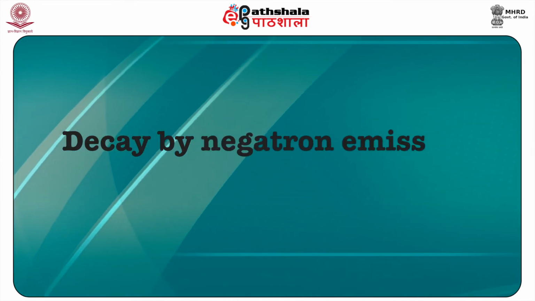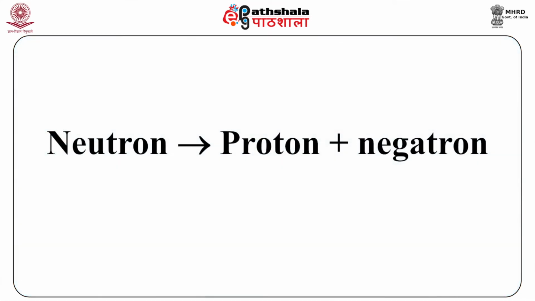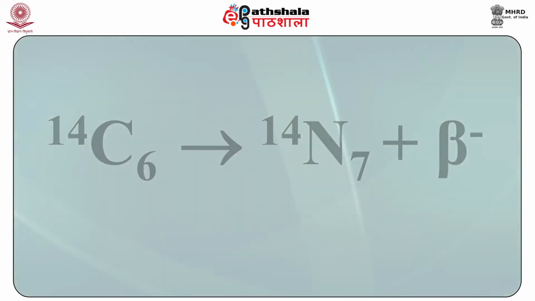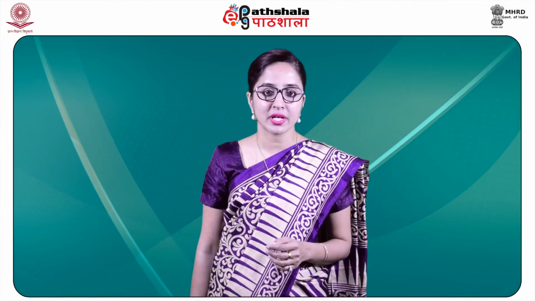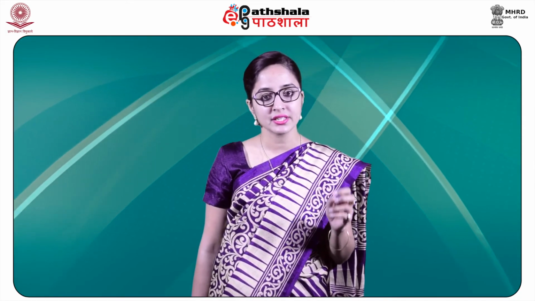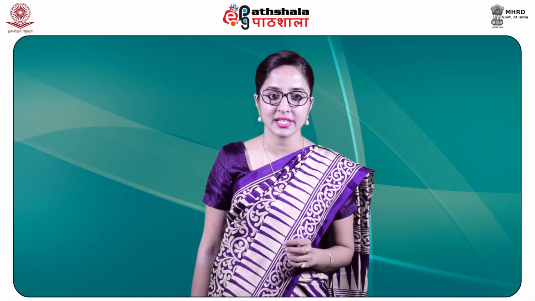Decay by negatron emission. Some isotopes decay by emitting negatively charged beta particles called negatrons, or beta negative. So a neutron is converted into a proton and a negatron. An isotope frequently used in biological work that decays by negatron emission is 14 carbon, and this equation is shown to you here. This emission is very important for biochemists because many radionuclide decays occur by this mechanism. Examples include 14 carbon, which is used to label organic compounds, 35 sulfur used to label methionine for protein study, and 33 phosphorus and 32 phosphorus as nucleic acid labels.